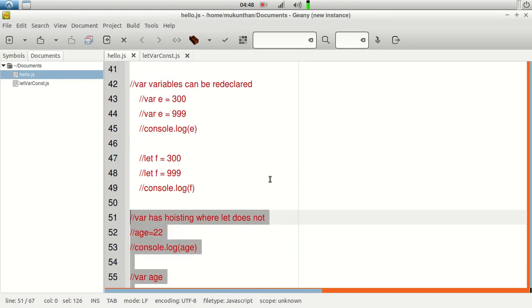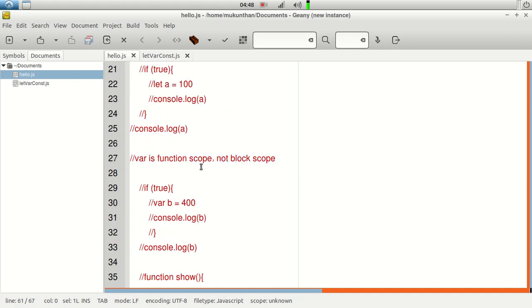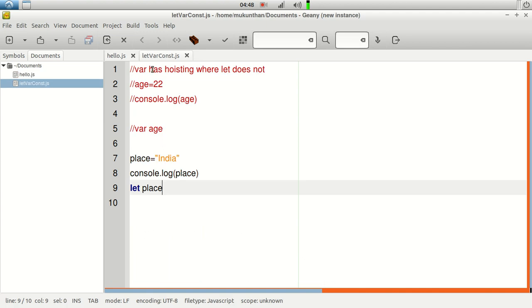By seeing this, you will have a clear understanding that let is preferable when compared to the var keyword. And const is nothing but a direct constant. It is straightforward. You will have the value and you need to assign that value during declaration itself. So in simple terms, we have understood the difference between let, var and const. But to be practical, we are going to use only let and const. With let and the variable name you can declare and assign the value in a single step, or you can use only the let and the variable name, and assign the value later, or you can reassign the value also for let type variables.